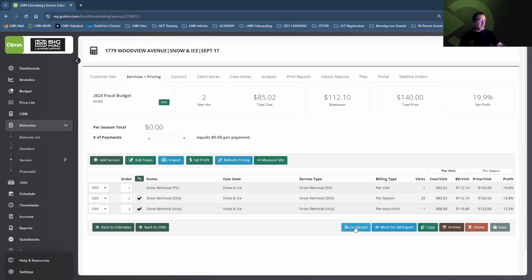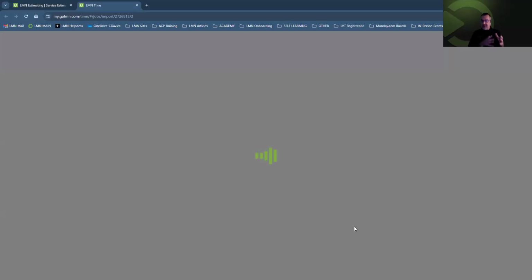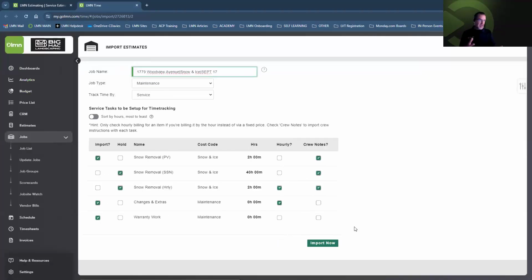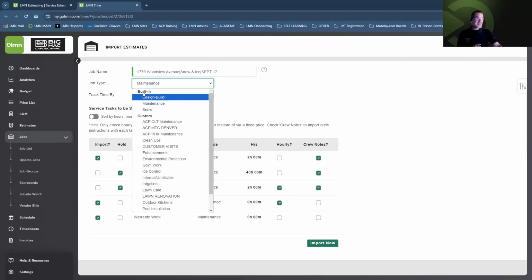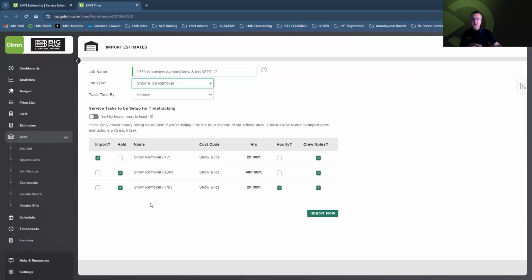From that point moving forward, you can now go ahead and create a job. So when I click that create job button, I'm going to get a job created for this proposal. In this case, I've got my snow removal per visit, and that's going to get moved over along with my crew notes. In this situation, I'm just going to change my job type at the very top of my page from basically built in to snow removal. So I'm going to go to snow and ice removal,